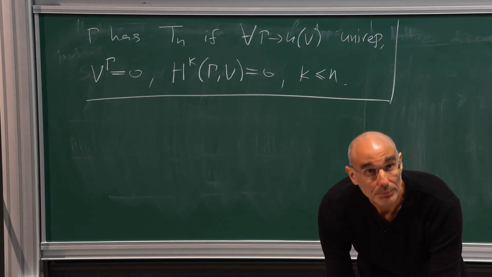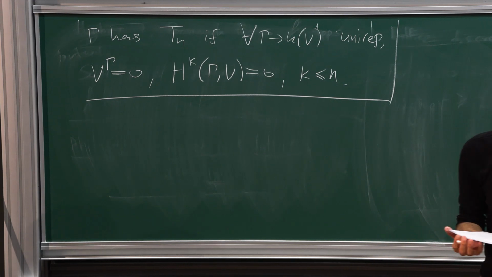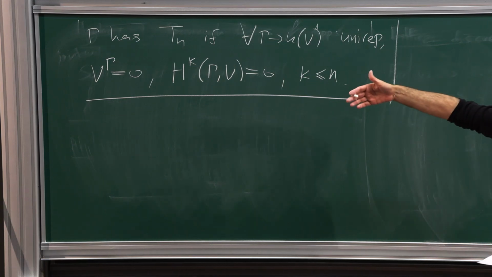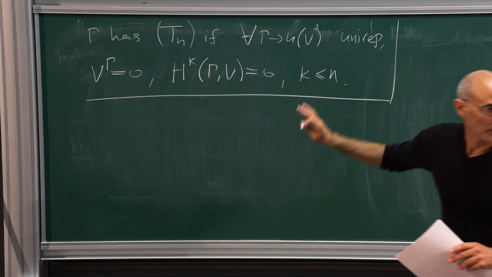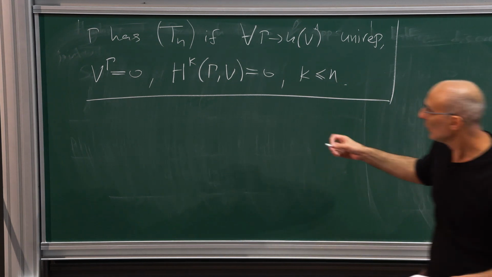Any questions so far? N is your rank now? Oh no, Tn, yes, this is T sub n. Let me put parentheses here. This is a property depending on n. Sorry? What could be gamma? So the theorem is